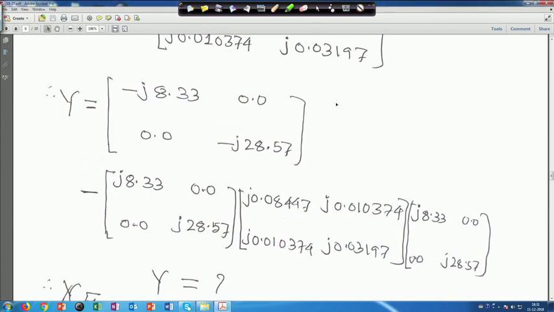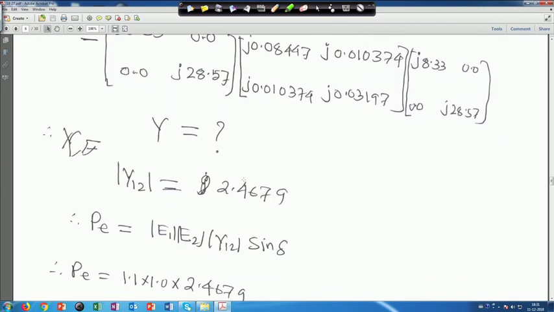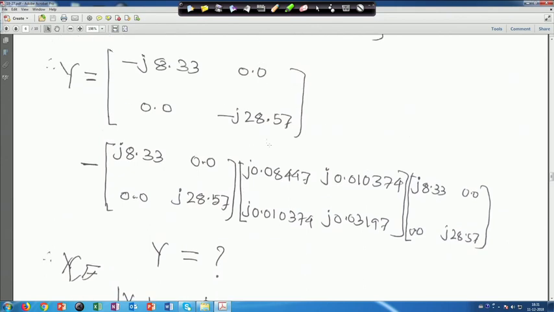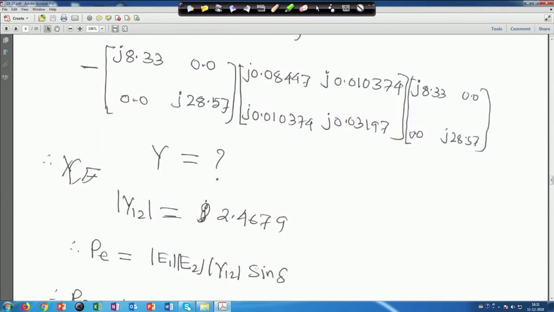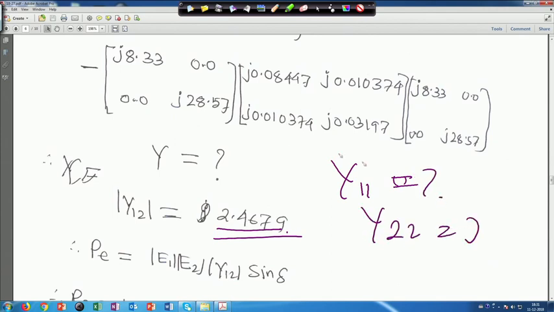This is an exercise for you, I did not compute it, I did not give the answer, you will do it. The only thing is that Y 1 2 is equal to Y 2 1. So, Y 1 2 I have written here, but you please find out what Y 1 1 is equal to, and what Y 2 2 is equal to. You multiply and subtract that from Y n n, right.